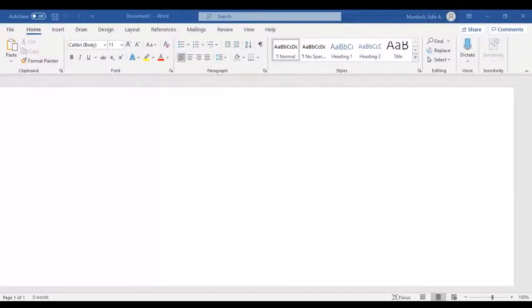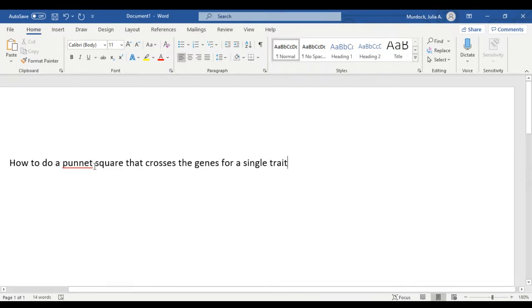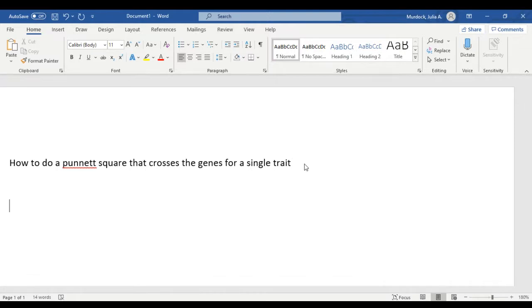All right, so this talk is about single trait crosses. So how to do a Punnett square that crosses the genes for a single trait. Punnett square is 2 T's. Sorry about that. There we go. Okay. All right. So the first thing you need to know is